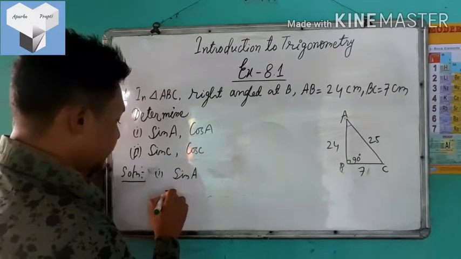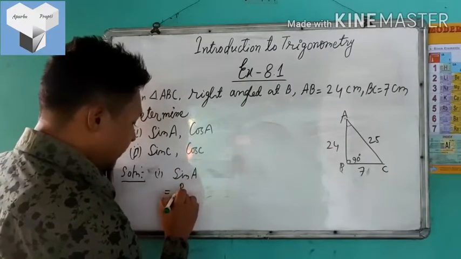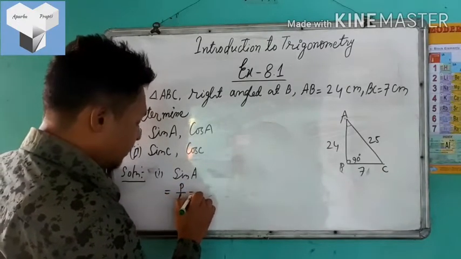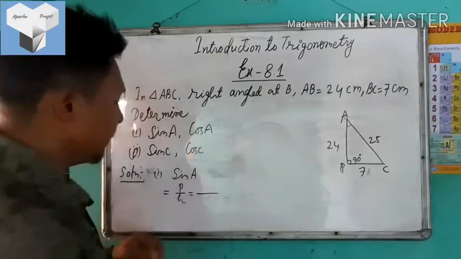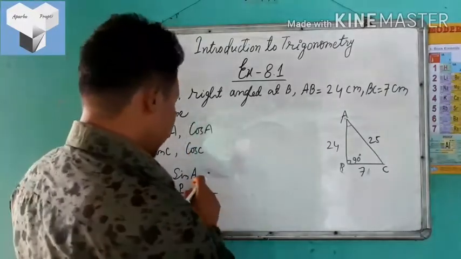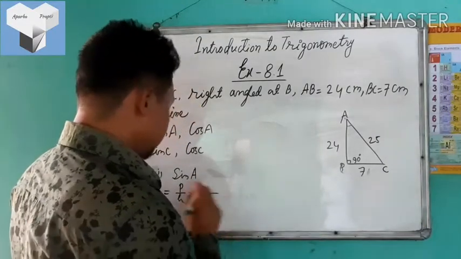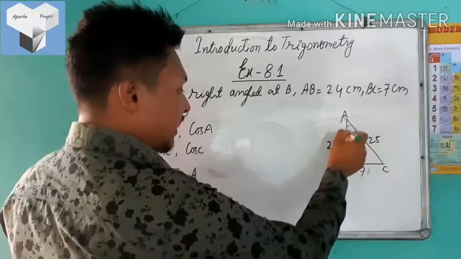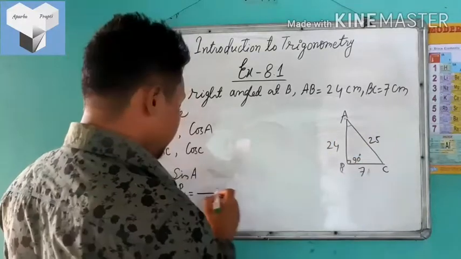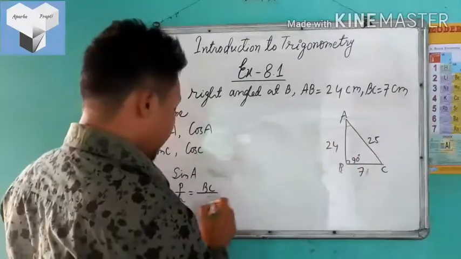So in case of angle A, its sine ratio will be what, guys? P by H, as you know. So what is the P? P means perpendicular with respect to the angle A. I repeat often and often: P is perpendicular with respect to angle A. So this is the perpendicular, that is BC. H means hypotenuse, then AC will remain as hypotenuse.